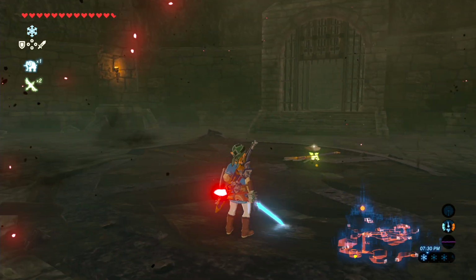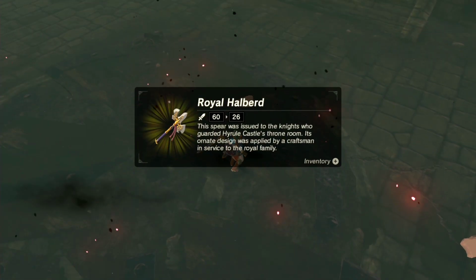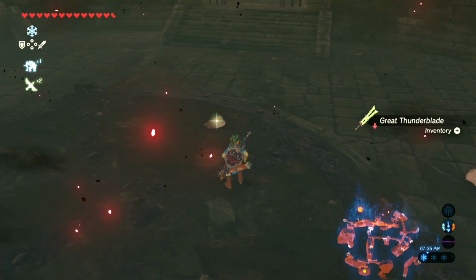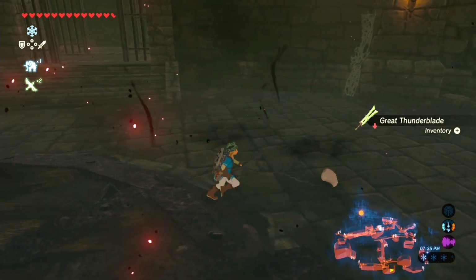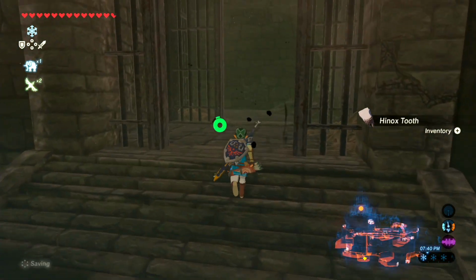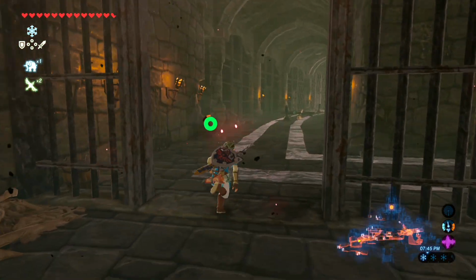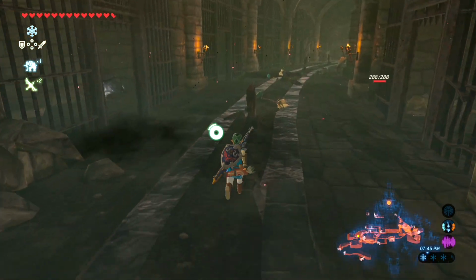Alright, so I'm glad that we got that. But before we leave, let's of course grab all of these weapons. This is a Royal Halberd and a Royal Broadsword. The Royal weapons are essentially the end game weapons, if you will. Their stats aren't the greatest compared to the Master Sword at full power, but they're still some of the best weapons that you can find. They have very high durability, so they're worth picking up. And since the game just sort of gave them to us for defeating that Stalnox, I will definitely grab them